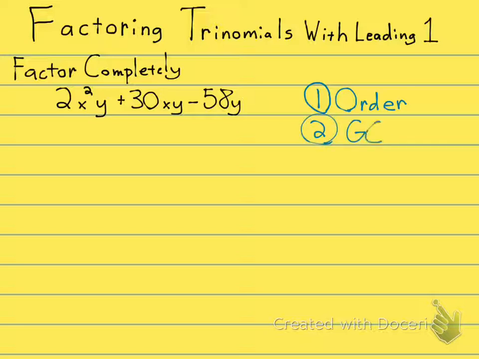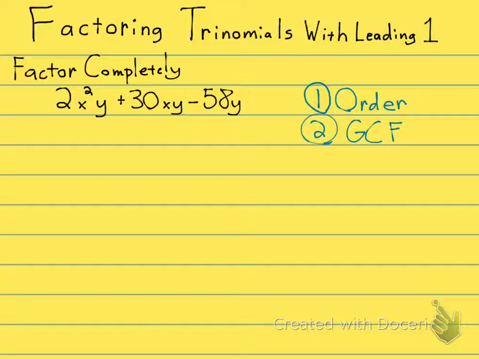And the first step is to make sure it's in order, and the second step is to take out a GCF. So let's talk about the first step. Is it in order? And yeah, this is in order. It's in order of descending x's. I have x to the second, I have x to the first, and then here there's really no x, or x to the 0. So the problem is in order,